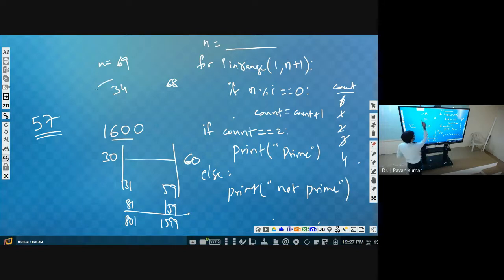We will not be having a factor from here to here definitely. Yes or no? You consider 33 or 34 or 35, it is not a factor. So now we can ensure that after n by 2, we will not be having any factor for the given number other than itself. So n anyway it is a factor, 1 anyway it is a factor for every number.